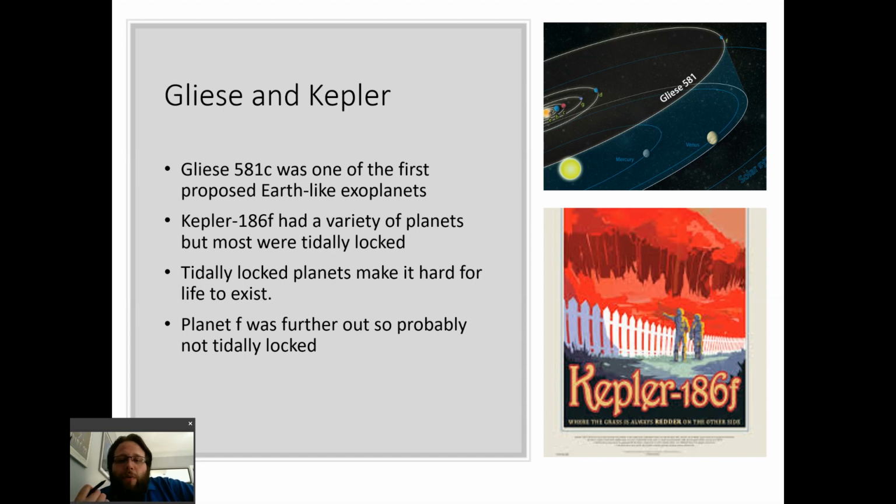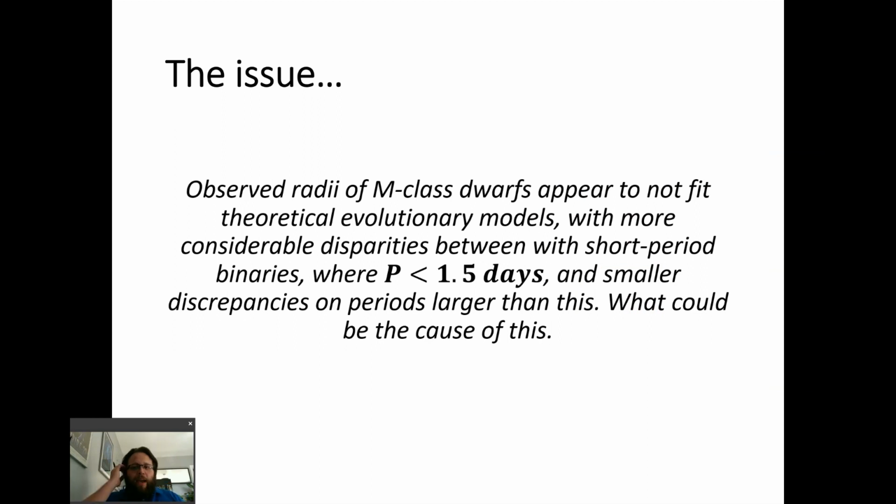And so when we go to a planet orbiting around, let's say planet F around Kepler 186, we'd see this beautiful red vegetation, red grass, red trees. Certainly gets the imagination going, which is quite exciting. So, if we have a look at this very exciting slide of what the issue is,